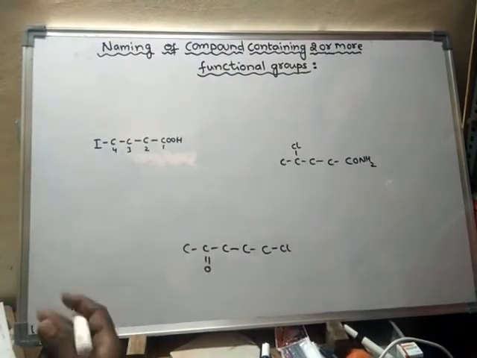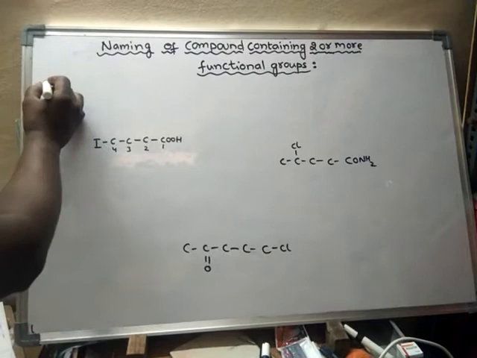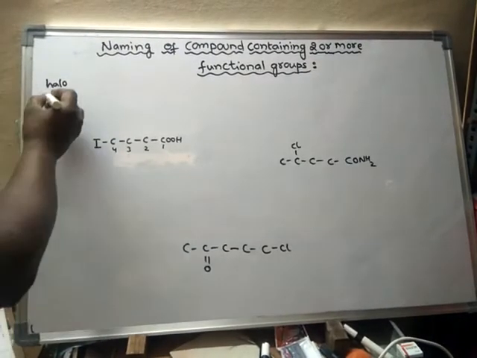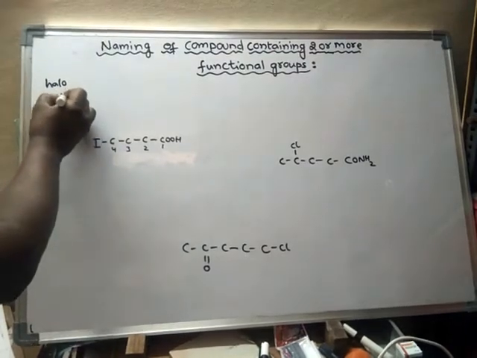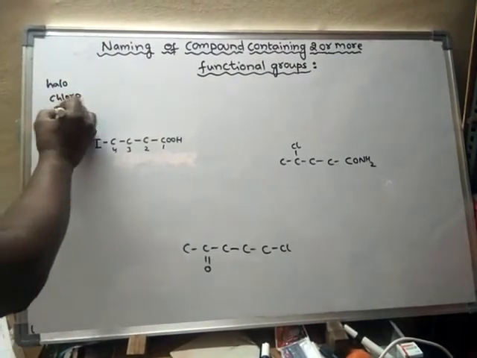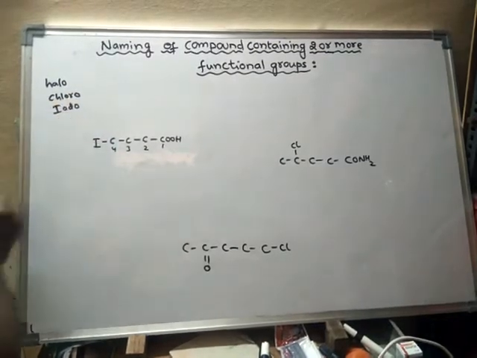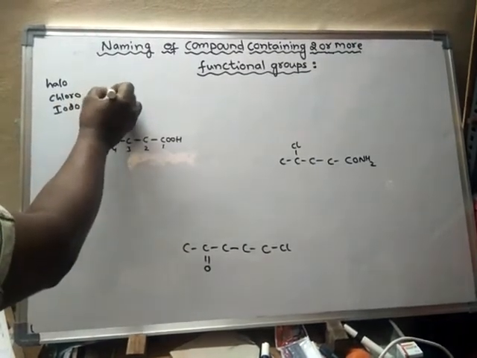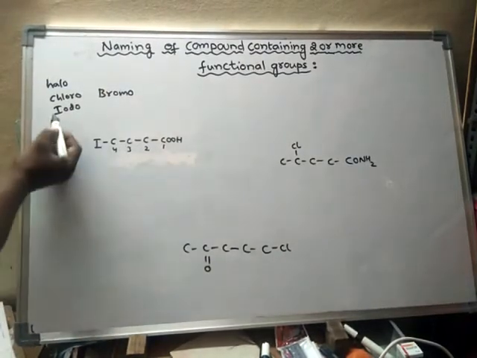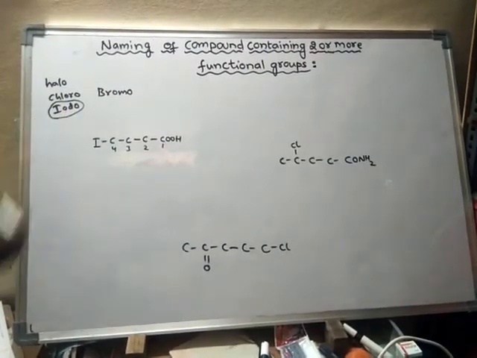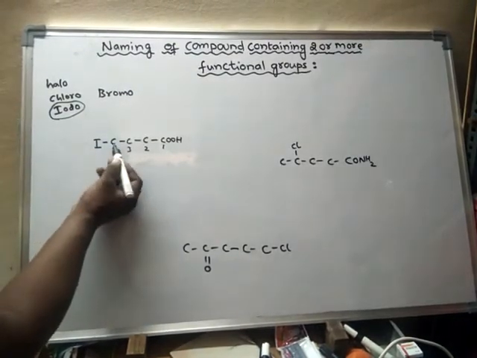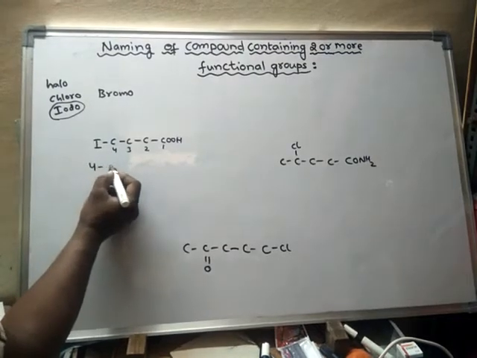Iodine is a halogen. For halogens we have to write halo. If it is chlorine, we write chloro. If it is iodine, we write iodo. If it is bromine, we mention bromo. So here iodine is present, so we have to use this prefix. On which carbon is iodine present? On the 4th carbon. So 4-iodo,